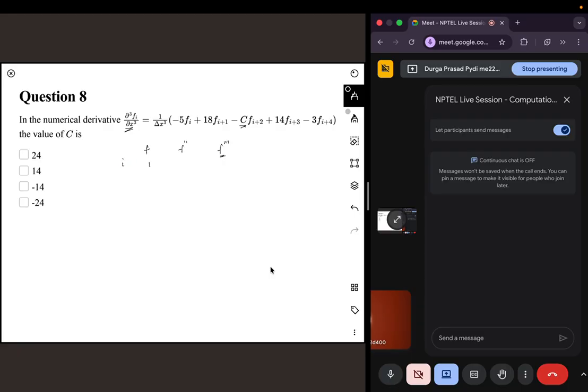So we have i term, i plus 1, so the equation that we are going to get is